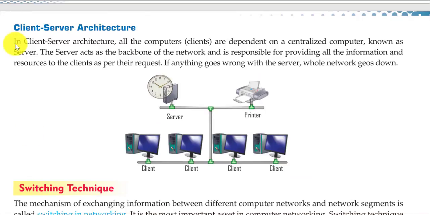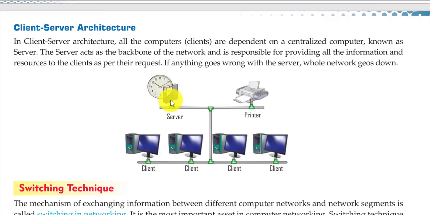Second is client-server architecture. As you can see in this picture, the computers are known as clients. All the clients are connected with this particular server.